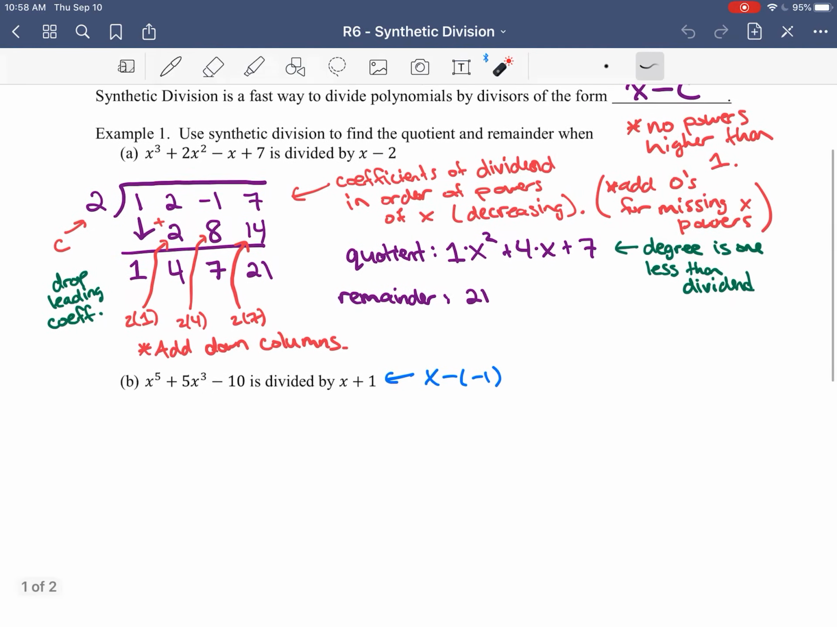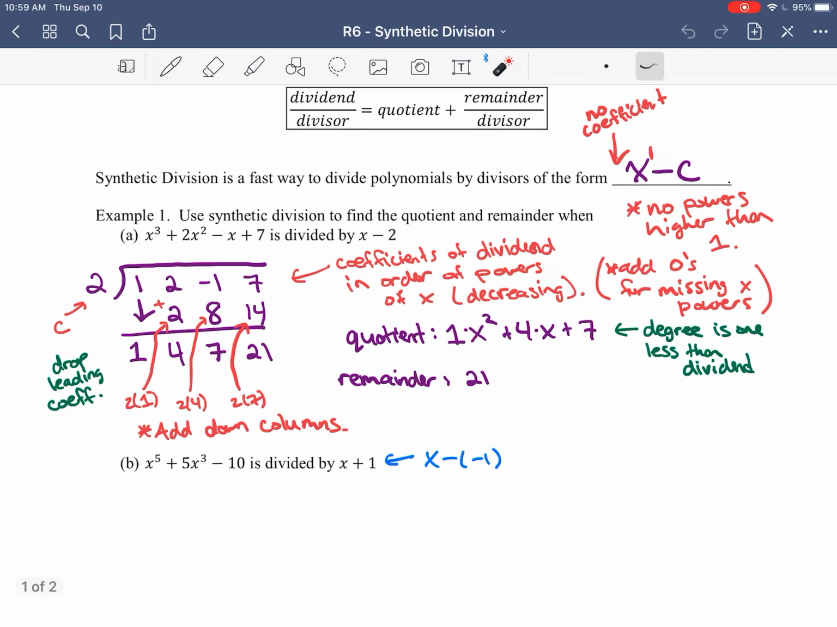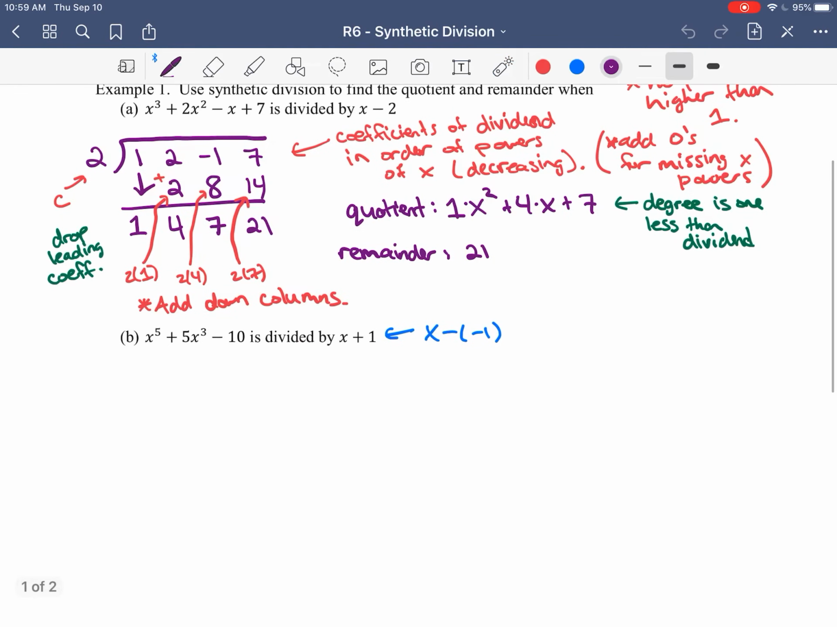So let's try example B here. We just want to use synthetic division to find the quotient and the remainder. Here we're dividing x to the 5 plus 5x to the 3 minus 10, that polynomial, by x plus 1. I gave you a hint in the last video to remember that x plus 1 is the same as x minus negative 1. The reason I want to change it is so that it fits this form. So the c value